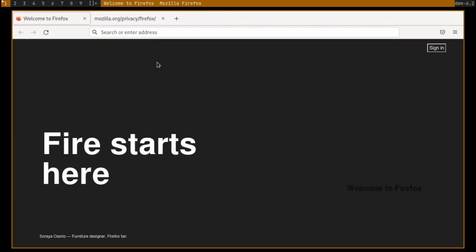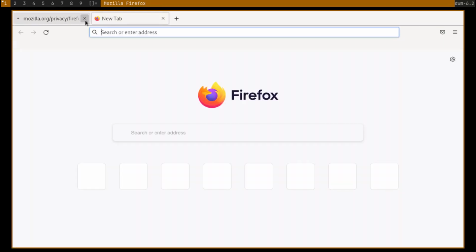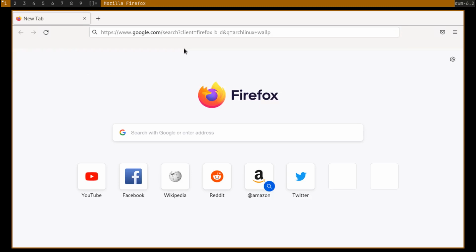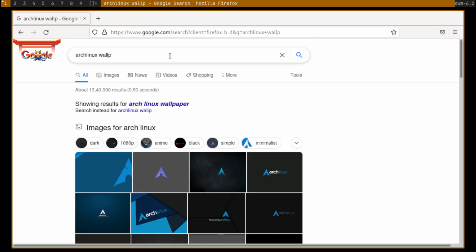Okay. So that's Firefox. Now let's see the setup. Let's leave these for now. Okay, we'll get a nice wallpaper. So Arch Linux wallpaper. Okay.